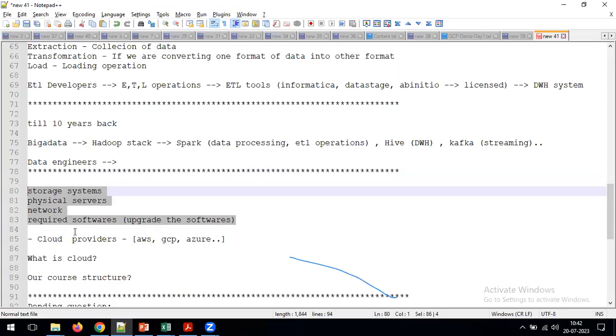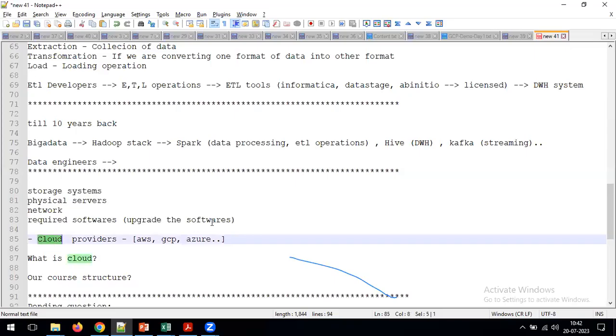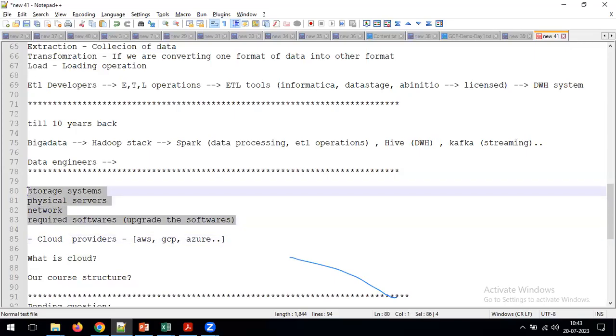Data processing. Yep. So here, we can mainly focus on the data processing, because from our side, no need to worry about how to maintain the storage system or the physical server. For example, one server crashes. Do we need to worry? No, the cloud provider will take care of all these things. For example, if any upgradation of the software is required, do we need to worry about that? Your cloud provider will take care of all those things. That's the reason I'm saying that as a data engineer or as an ETL developer, if you are going to use the cloud system, no need to worry about all these things. So what do we need to worry about?